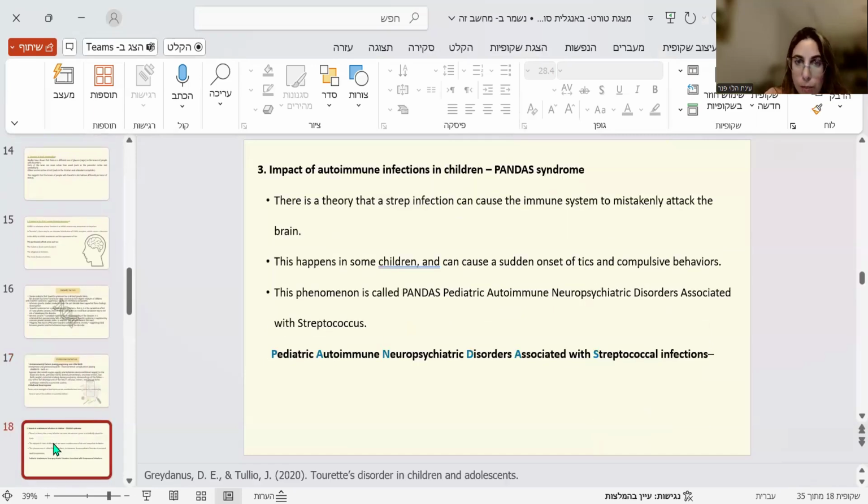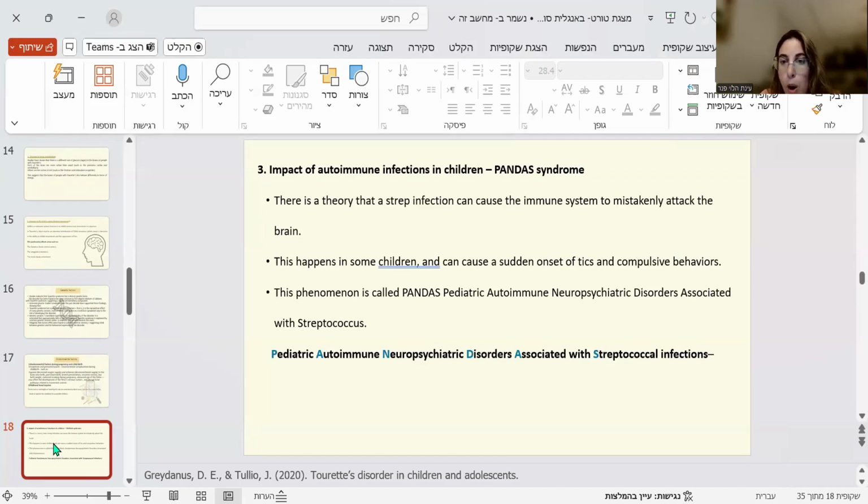Impact of autoimmune infection of children, PANDAS syndrome. There is a theory that a strep infection can cause the immune system to mistakenly attack the brain. This happens in some children and can cause a sudden onset of tics and compulsive behavior. This phenomenon is called PANDAS,